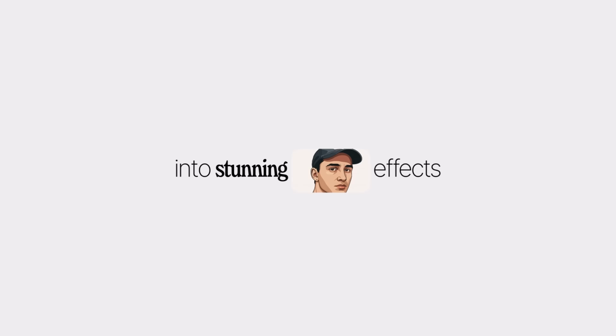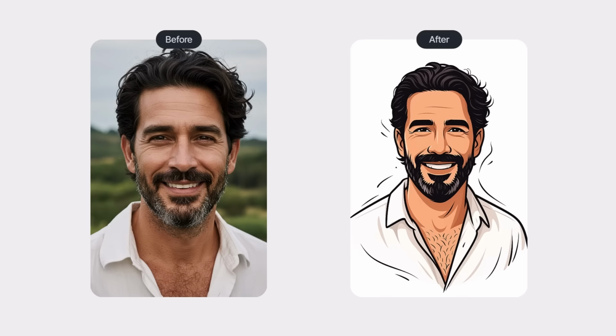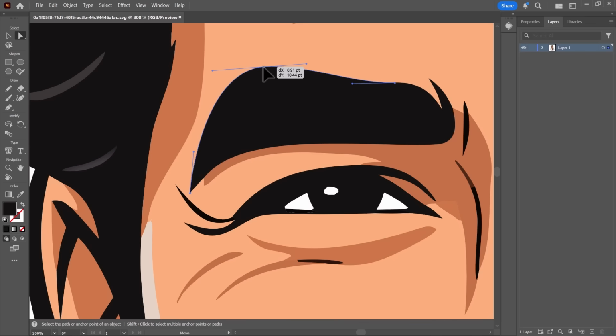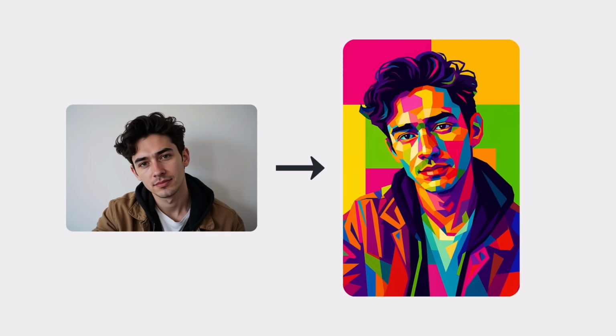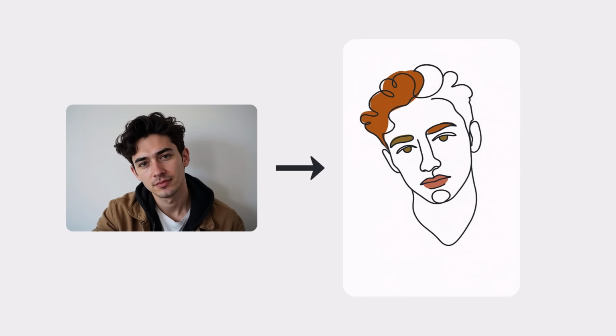Can you believe AI can transform any image into stunning vector artifacts in just a few seconds? And the best part is, most of these creations are fully editable vectors just like this one. Today, I'll walk you through my exact workflow so you can generate unlimited vector art styles using both ChatGPT and